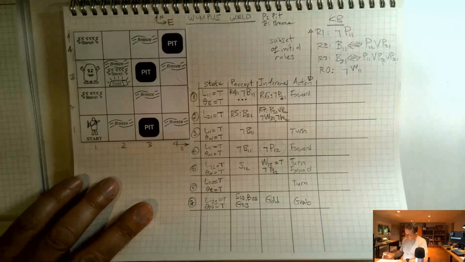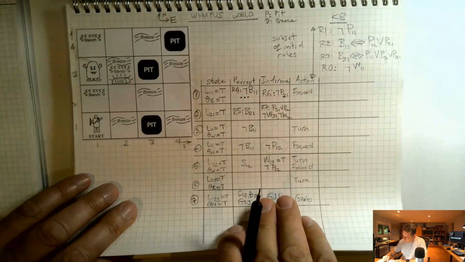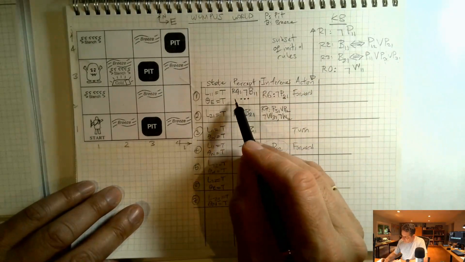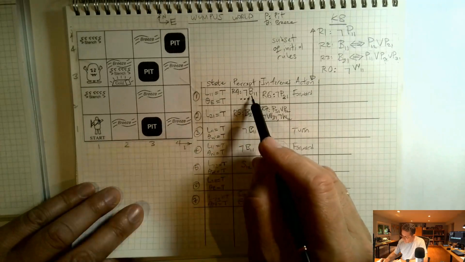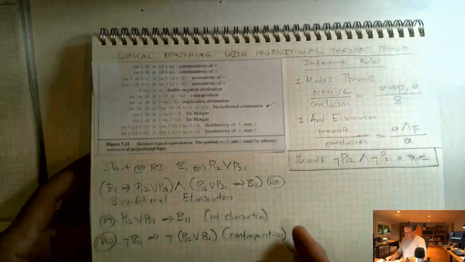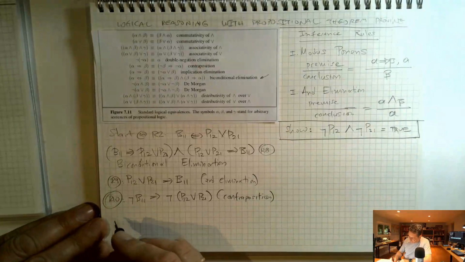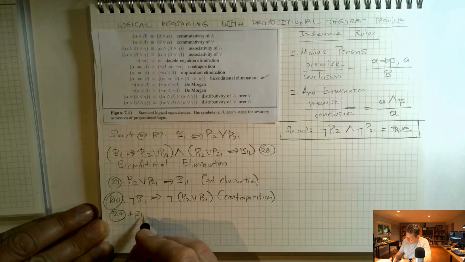We did the model evaluation by using the first four rules. One of the rules, R4, is that there is no breeze in cell 1,1. This rule R4 is still in our knowledge base, and we will use it now when we apply the so-called modus ponens inference rule. So from R10 and R4,